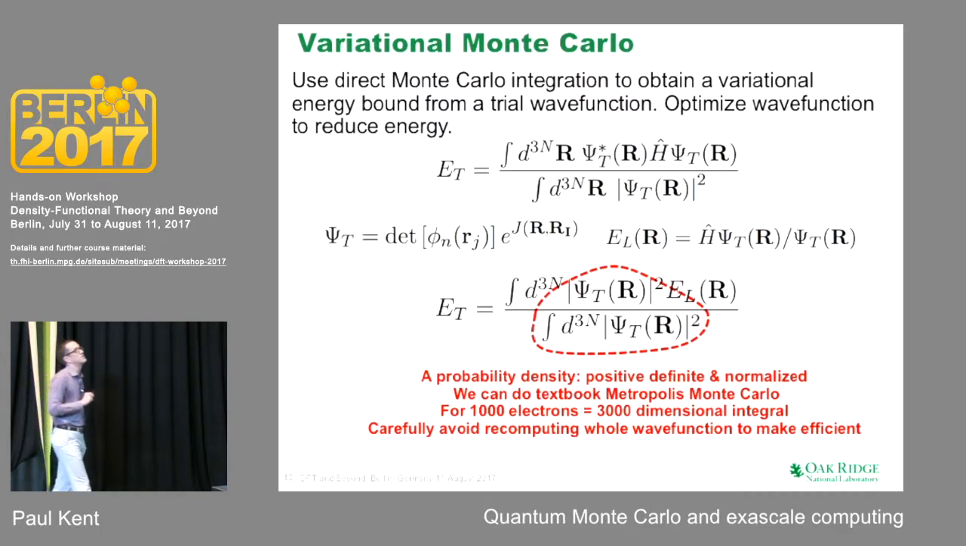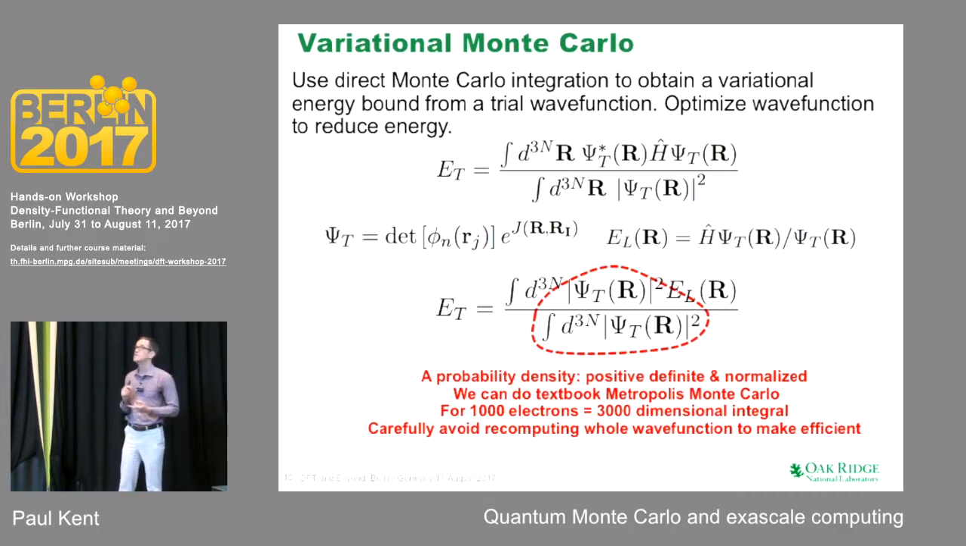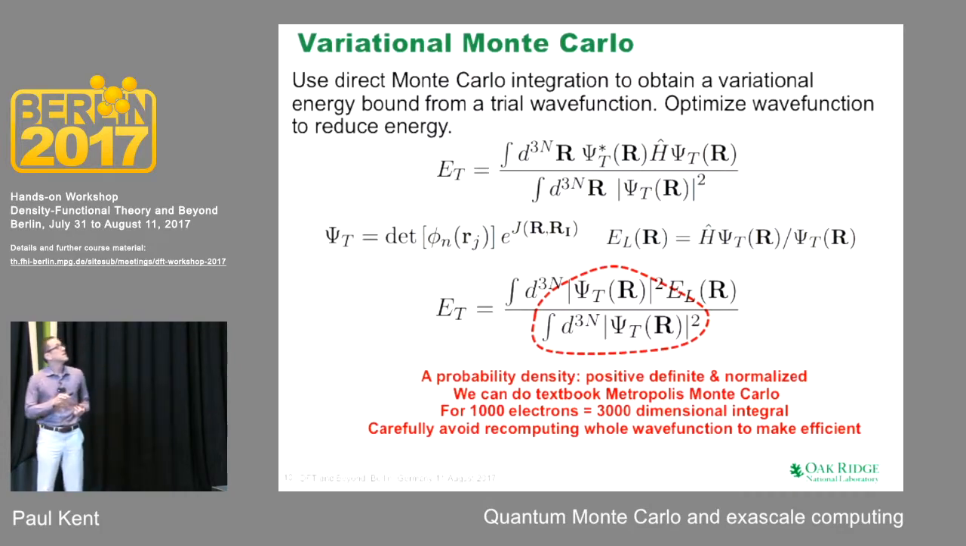There's a convenient quantity I'm going to use in quantum Monte Carlo, which is called the local energy, which is just Hψ over ψ. So this is just a number. And then there's a very nice trick. Up here, you basically insert and divide by ψ_T. When you write this down, you have the integral of |ψ|² times the local energy over the integral of |ψ|². If we look at the quantity outlined in red, we see that it's positive definite and it's normalized. That means it's a probability density, and so we can do textbook Metropolis Monte Carlo on this,